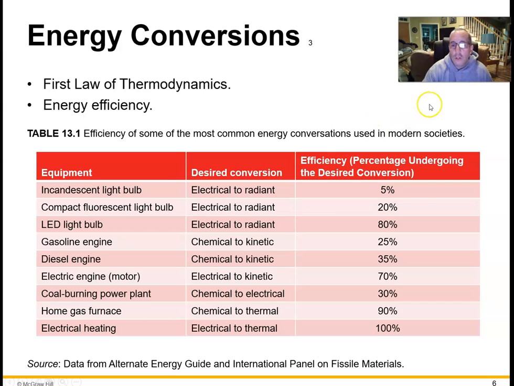But if you look over to the right, this is the energy efficiency. That is the amount of energy that you actually get out of this after you've converted it from one type of energy to another. So you can see how terribly inefficient incandescent light bulbs were. To get that light, we're wasting 95% of the energy that we're putting into that process. Terribly inefficient. So that's why a few years ago the government decided that we're going to phase out that type